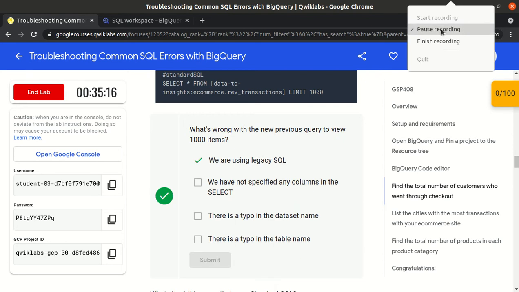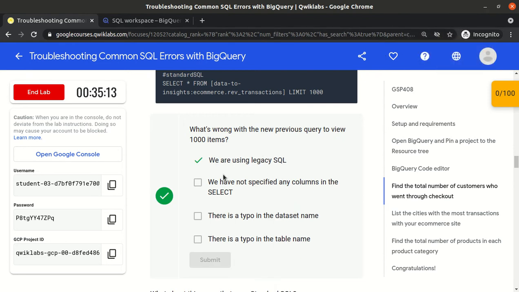Oh my god, only one option was correct, and I am selecting because I thought they have given the checkbox, so might be multiple options are correct. So we are using the legacy SQL.